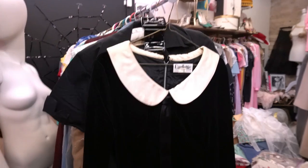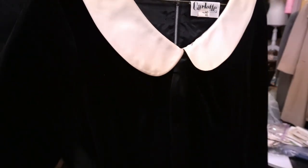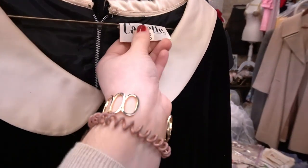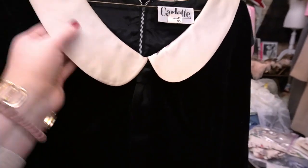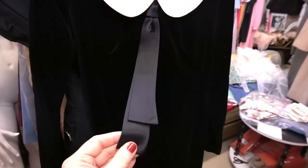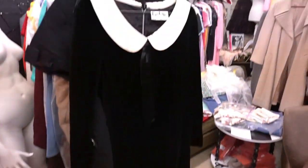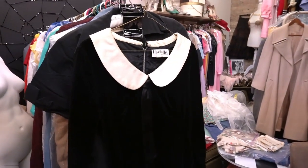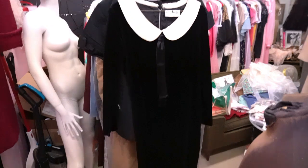Insane. Now, one piece I didn't get a chance to look at closely yesterday because it was in a dry cleaning bag is this amazing 1960s Carlette black velvet dress, and it has this beautiful ivory collar and little satiny tie right here. The reason I brought this out, obviously with Halloween coming up, is that I know Wednesday Addams has always been a very popular costume,